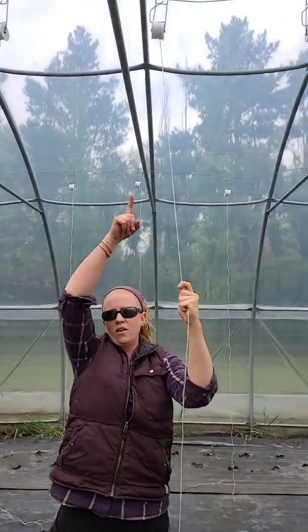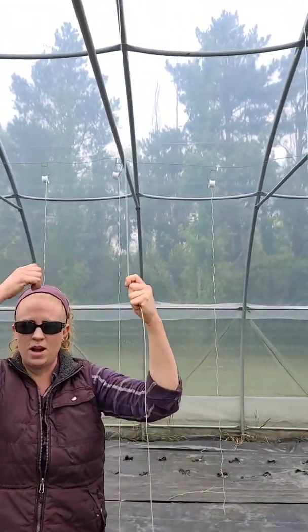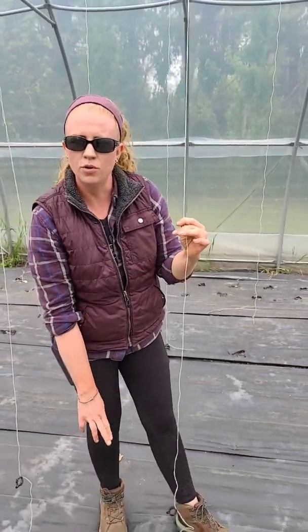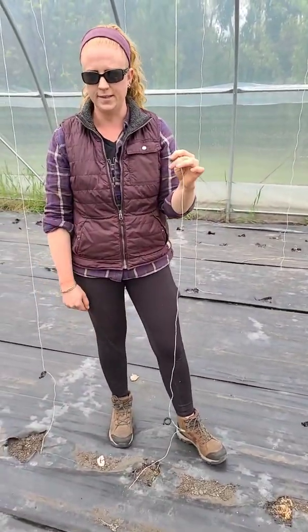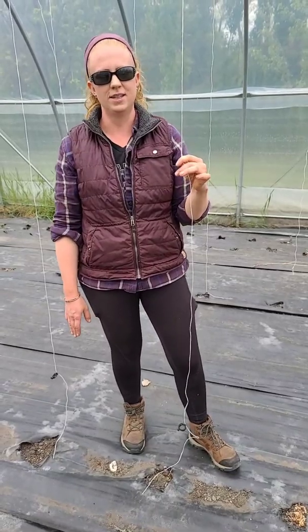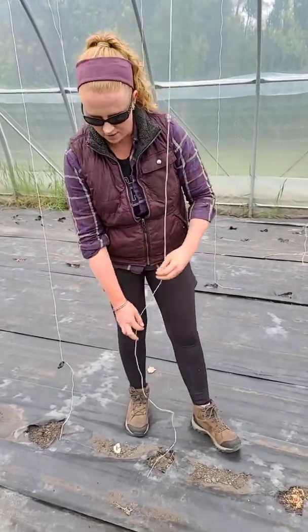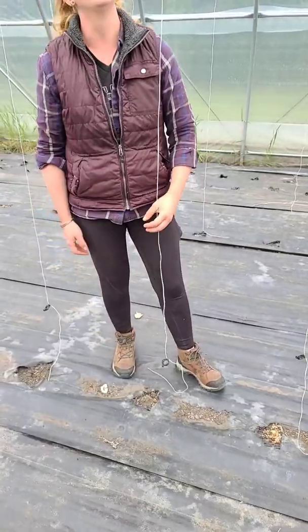But these are actually on a reel, so you can squeeze them and release more string. And typically you'd prune off your bottom leaves as the plant gets older. It's not really getting anything out of those bottom leaves. It's sucked all the nutrition out of them. They're usually starting to turn yellow anyway. So you prune those bottom leaves off and you can actually lay your stem down on the ground and just